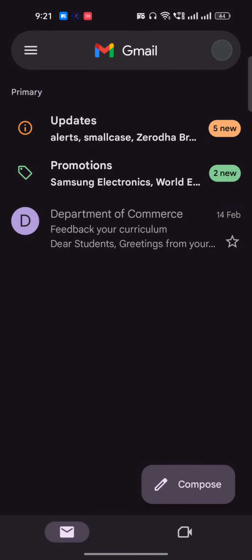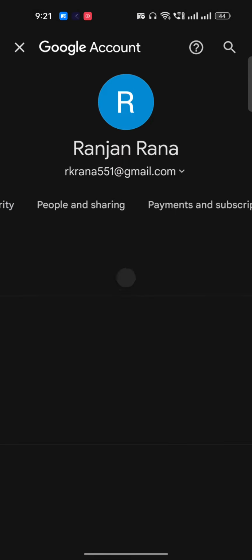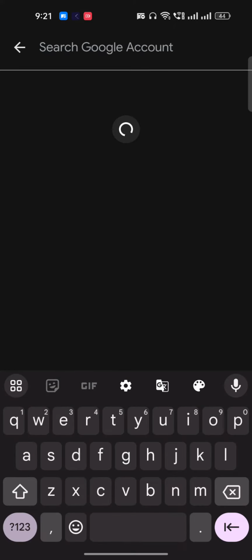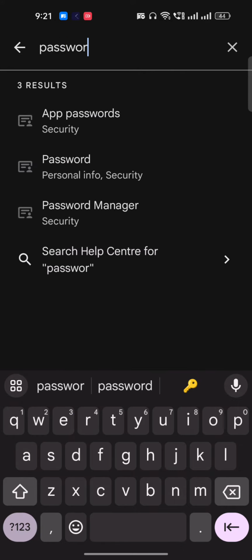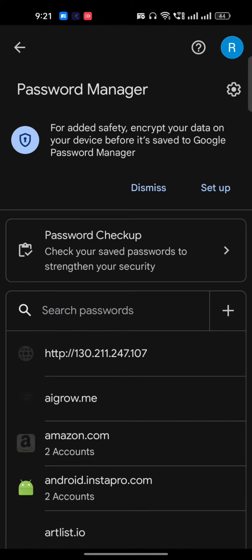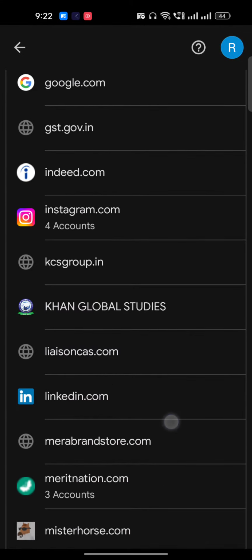Once you go to Gmail, on the top right you will see your name. Just go to the Google account. Once you are in the Google account, go to the search bar on the top right, and here you have to type password manager. If you just type password, you will get the option of password manager. Just open it up, and here you can see that there are a lot of passwords automatically saved